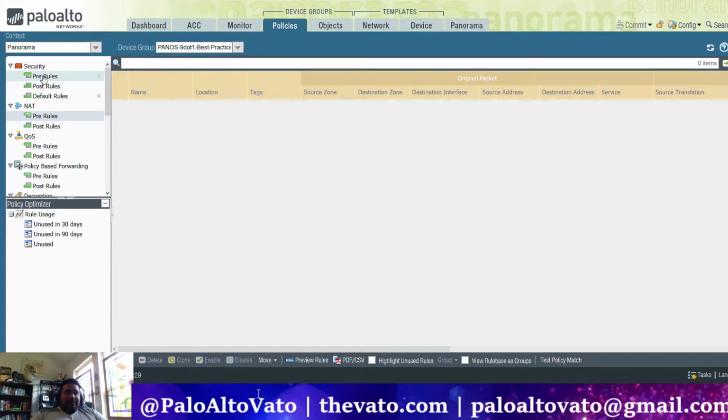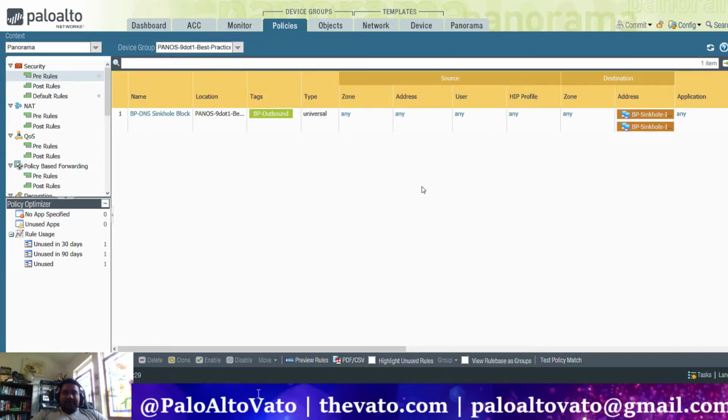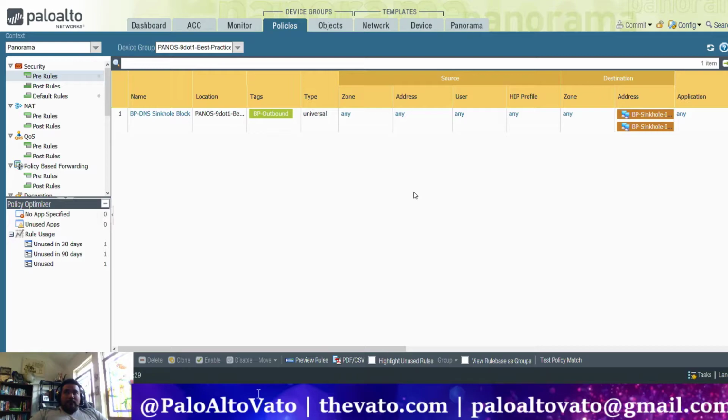And once Panorama decides to play nice, more than likely it's my LastPass add-on, the little web browser add-on, that's messing things up. But if we go and look at it, we can quickly see the BP, meaning best